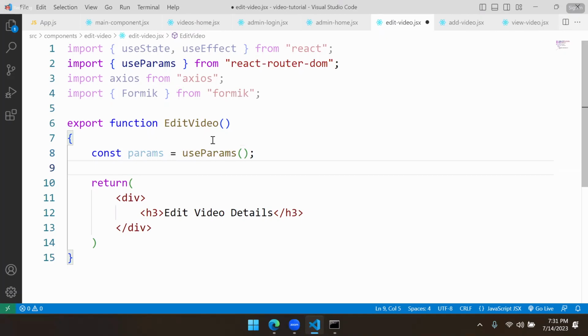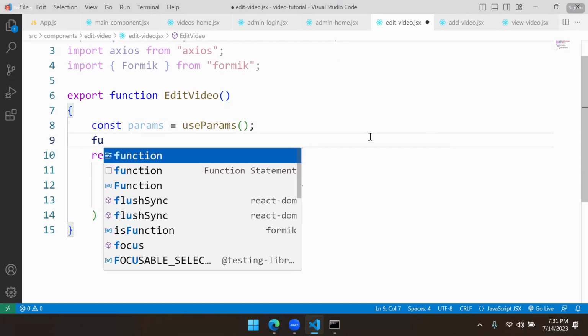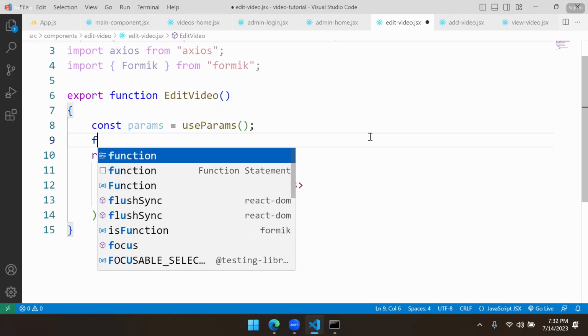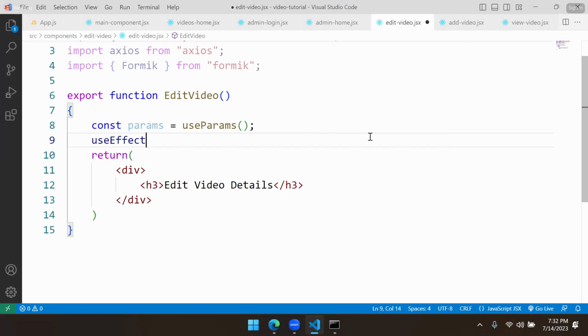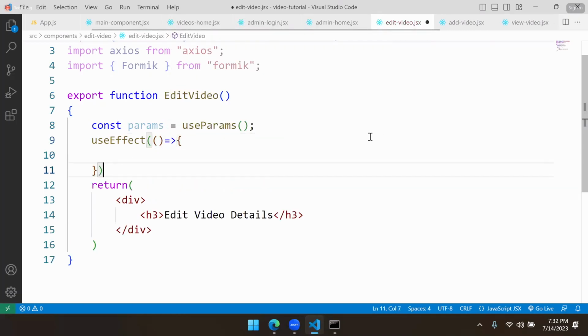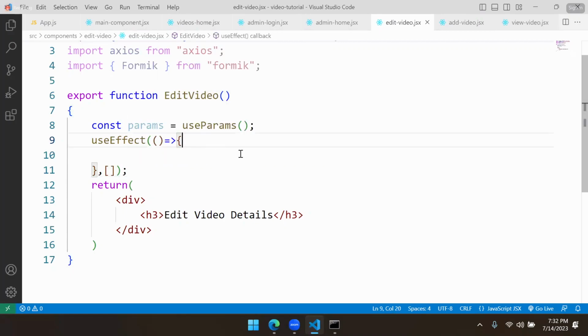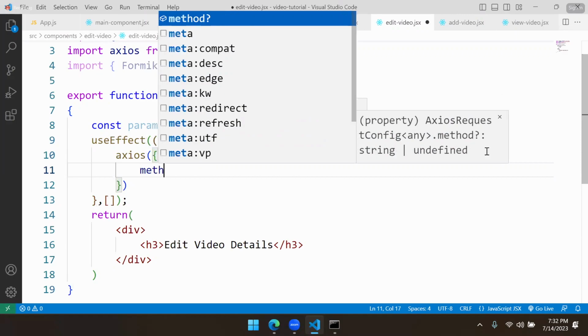Now what we need to do is the same as how you designed the details. We need to add a simple function here, not a function, we will use effect. On component mount, we need to get the details of that particular ID related video. So Axios, the method is get,